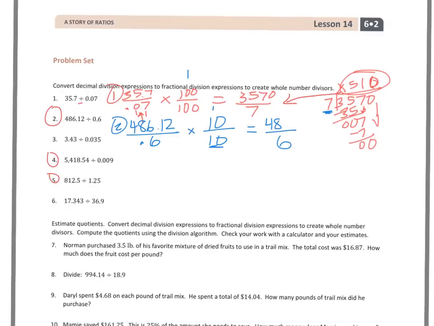So 4,861 and 2/10. And then I could solve that out because now I have a whole number in my divisor. We'll go to 4. 5,418 and 54/100 divided by